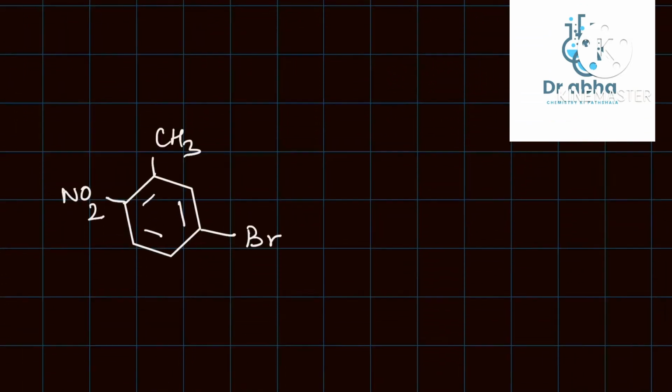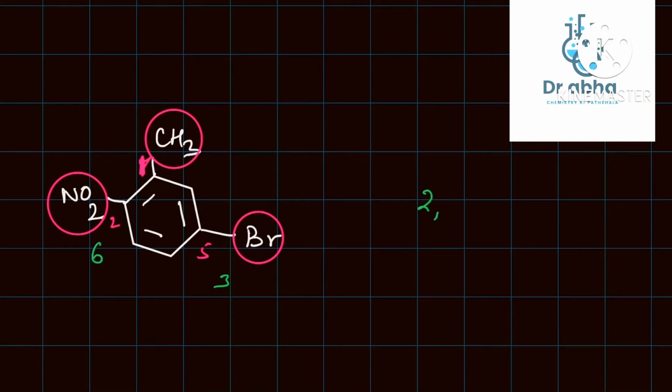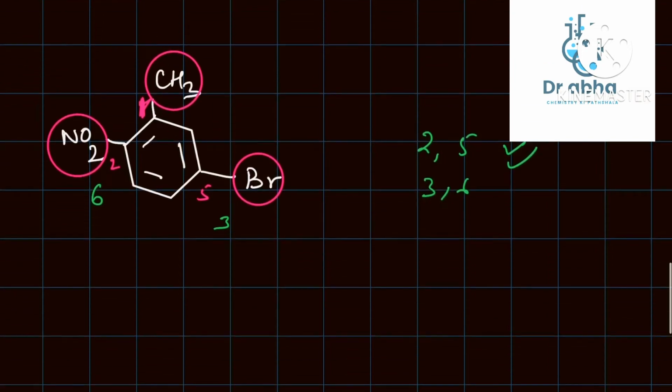Next example. These are all our locants: bromo, methyl, nitro. Some kids want to call it toluene. That's pretty fine. If this is toluene, then this becomes 1. So you have on 2 nitro, on 5 bromo. Otherwise, if you start clockwise, notice that you will get on 3 bromo and on 6 nitro. So the positions come once as 2-5 and the other time as 3-6. So we will go with 2-5. So one name is going to be